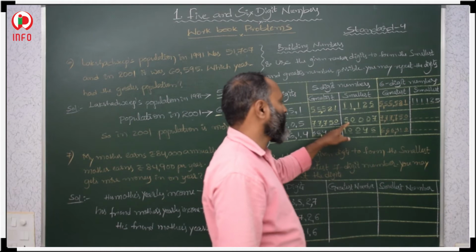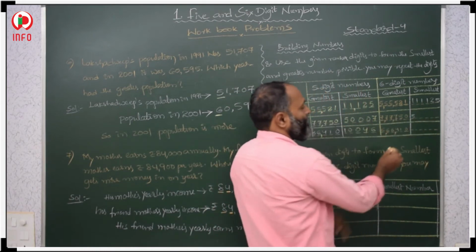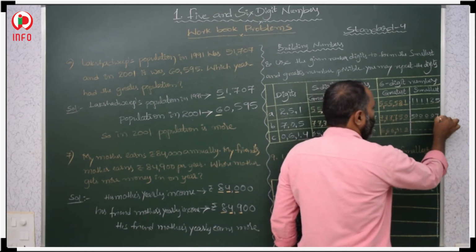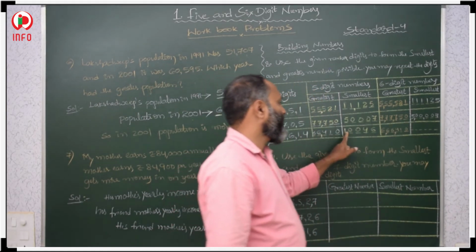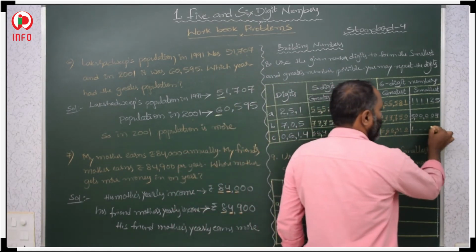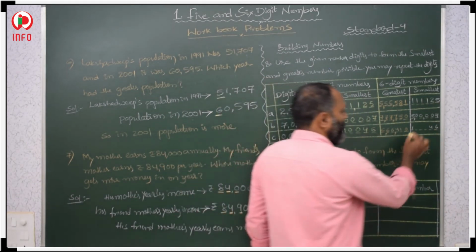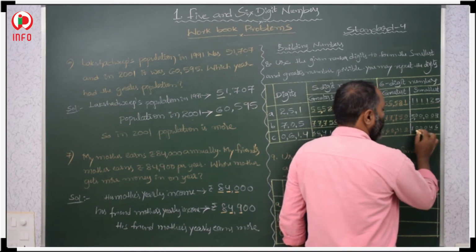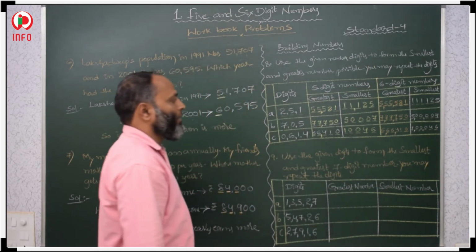So what is the smallest number? We have to take 5 as it is. And 0 here repeats 3 times, we have to take 4 times. 1, 2, 3, 4. And after that 7. And here 1, 4, 6 same. Here 0 repeats 2 times, here 0 will repeat 3 times. In this way we have to prepare our numbers.